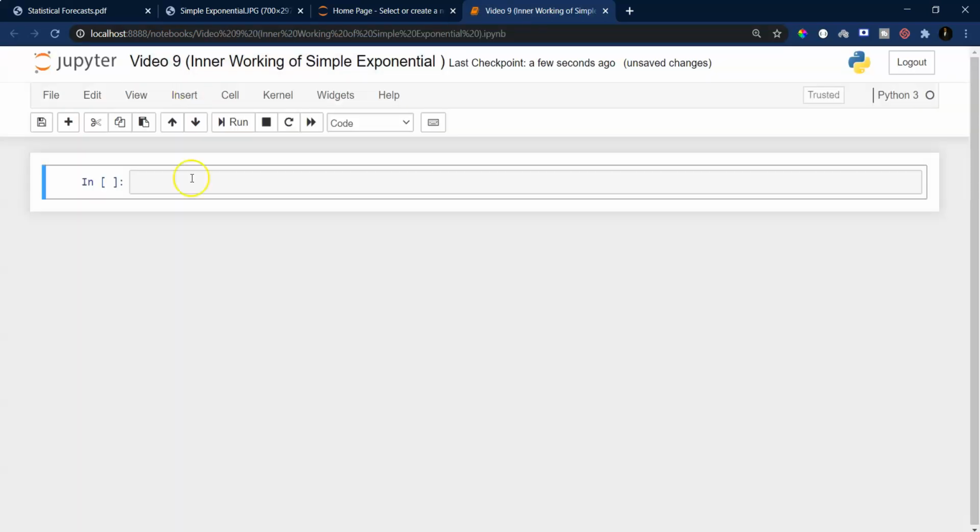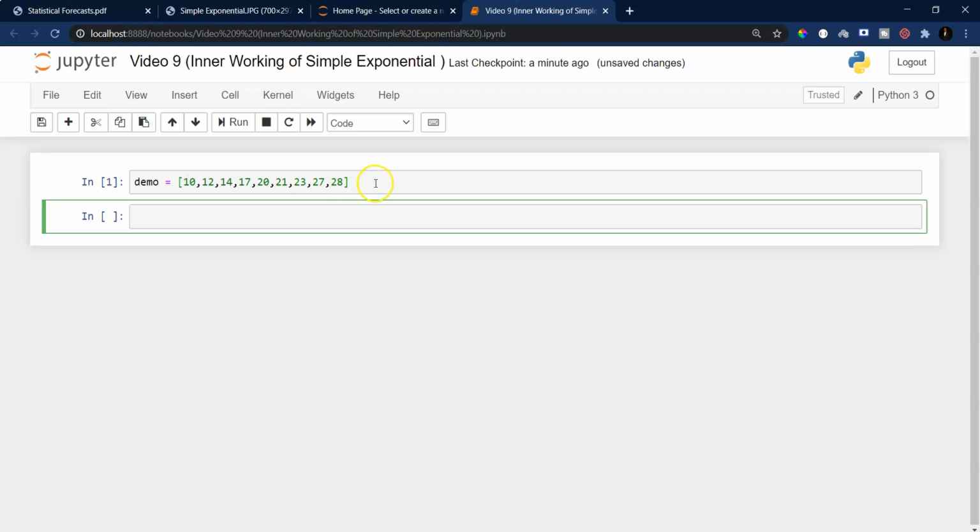Okay, all right. So what I'm going to do is first create a list, and that list you can think of as a demo time series data. So I'll say 10, 12, 14, 17, 20, and then we will have 21, 23, 27, 28.